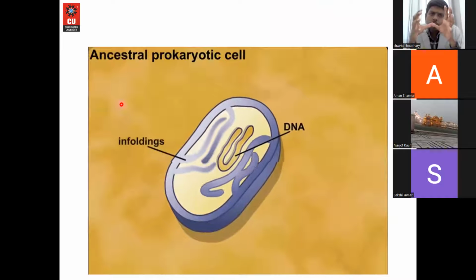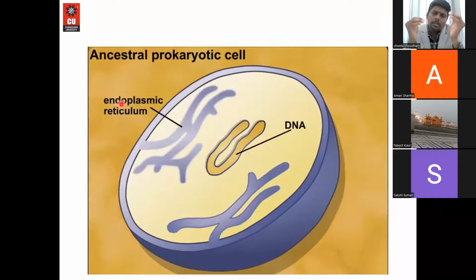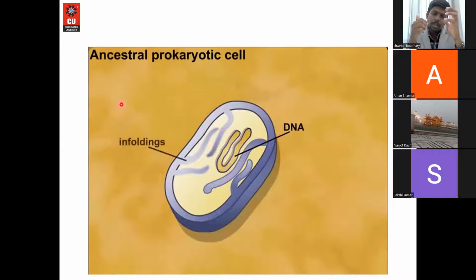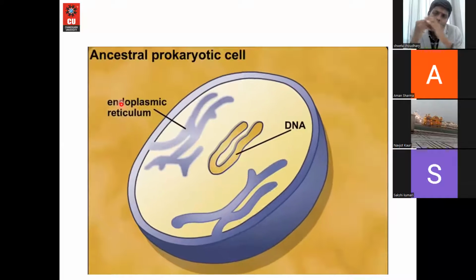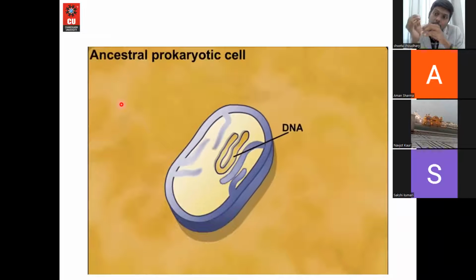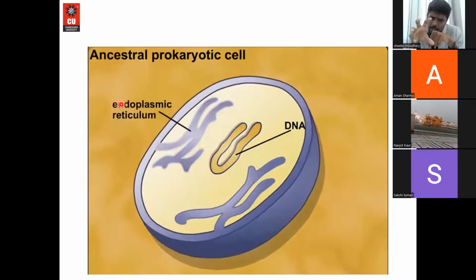So the prokaryotic cell started folding, and it gave rise to some intracellular complexity. It gave rise to the endoplasmic reticulum. Because of the development of these foldings, they became part of the endoplasmic reticulum. Now within these foldings we are able to store proteins. So there were some early adaptations that happened within a cell, but